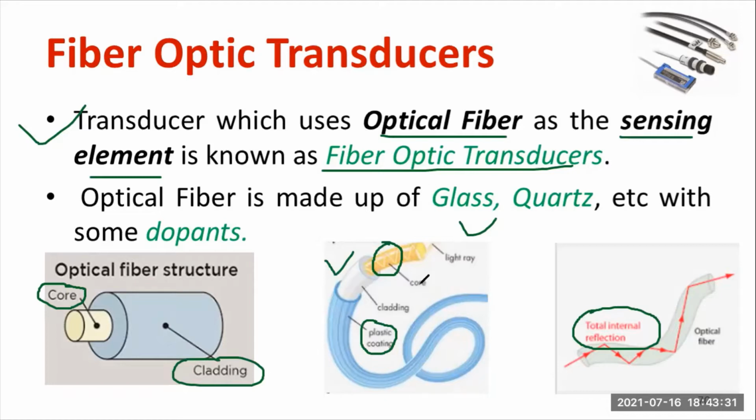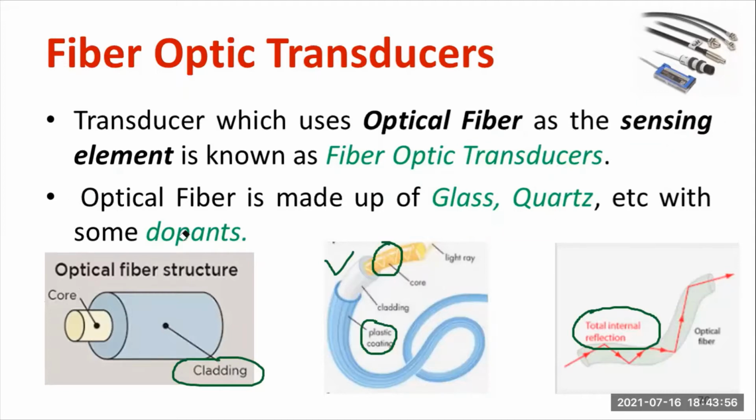So the light will pass from the sending end and reach the receiving end. The signal will be transmitted in the form of light. Such a system is generally known as OFC. In the case of the optical fiber transducer or fiber optic transducer, you are going to use OFC. So let us understand more details about the optical fiber transducer or fiber optic transducer.